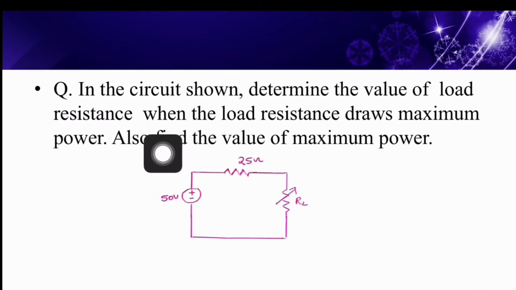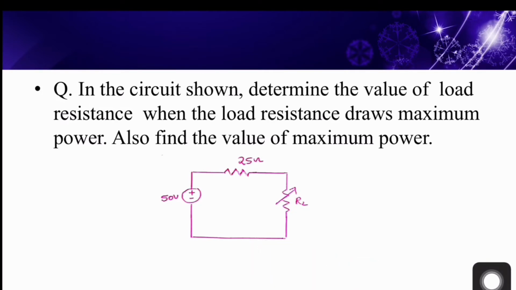By inspecting this source network, you can see it's already in the form of Thevenin equivalent circuit. So we can directly find the values of VTH and RTH from this circuit. What are the values? Can anyone tell me? VTH or Thevenin equivalent voltage is 50 volts and RTH or Thevenin equivalent resistance of the source network is 25 ohm. By maximum power transfer theorem, a source network delivers maximum power to a load resistor when RL is equal to Thevenin equivalent resistance of the